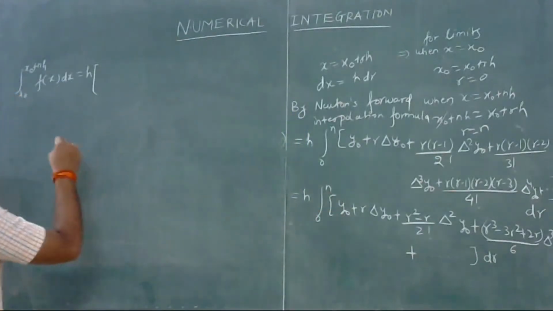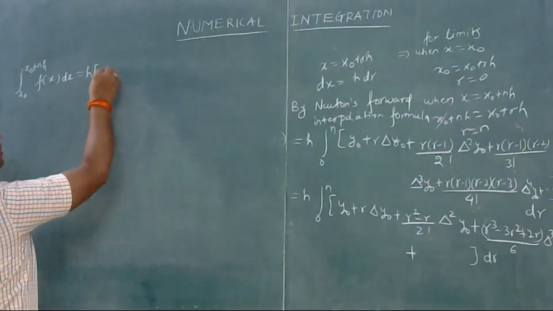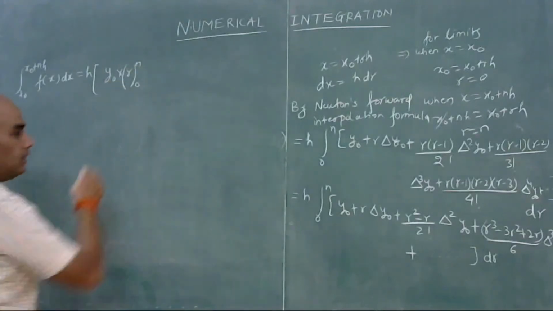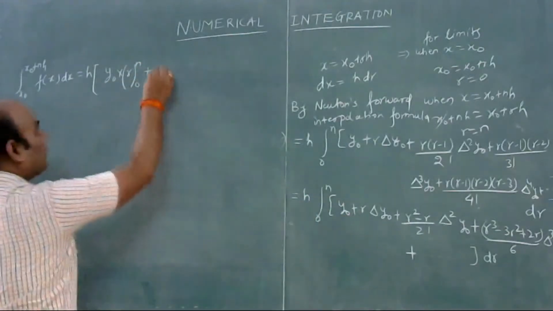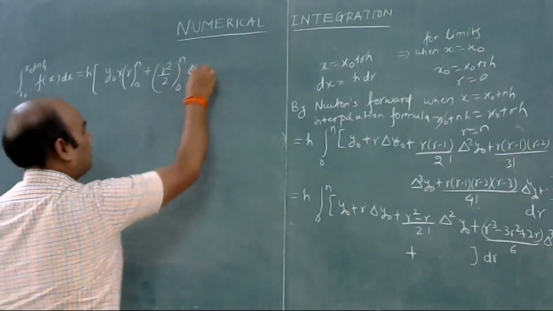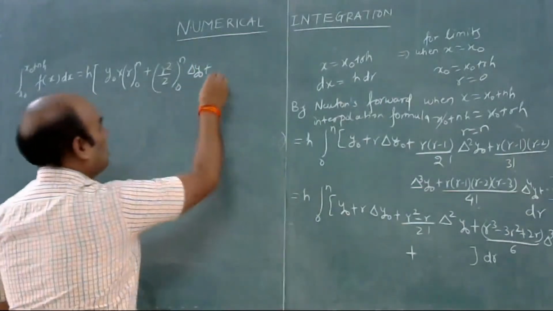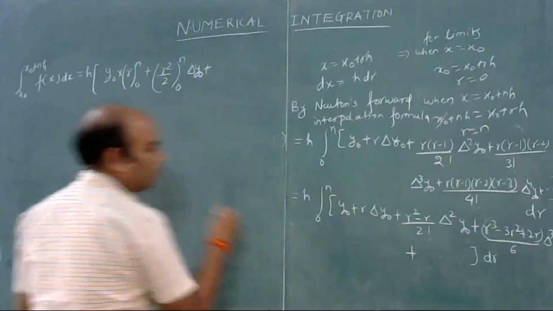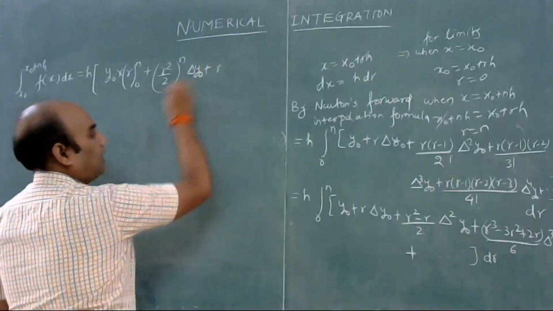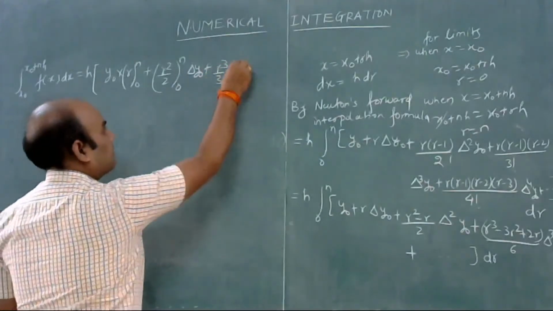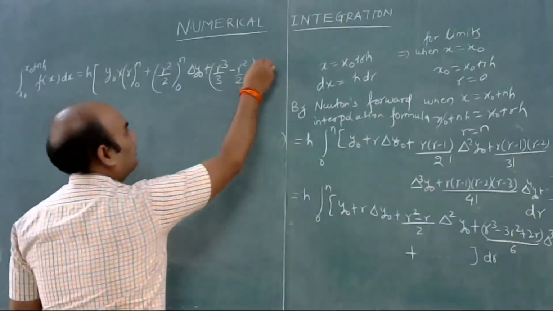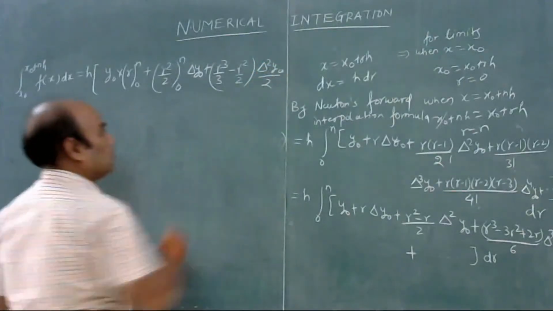So this will be y naught into r from 0 to n, plus r square by 2 from 0 to n times del y naught, plus the integration of r square is r cube by 3, minus the integration of r, which is r square by 2, times del square y naught by 2,